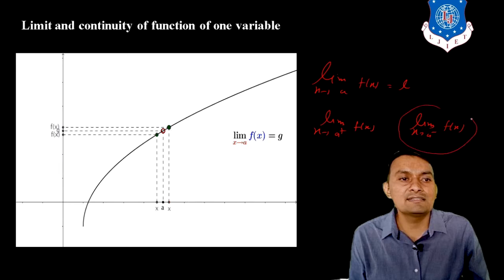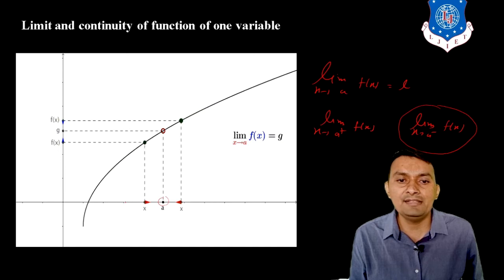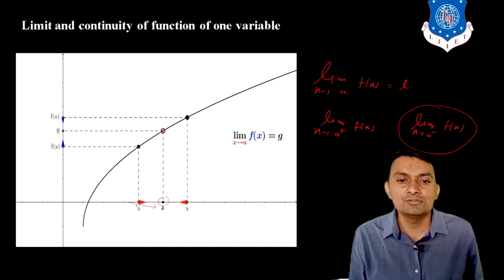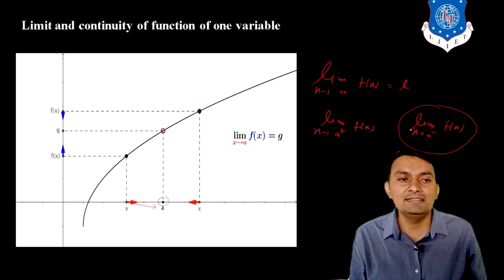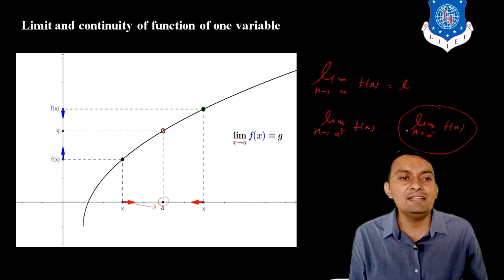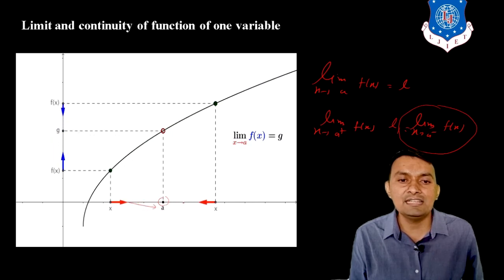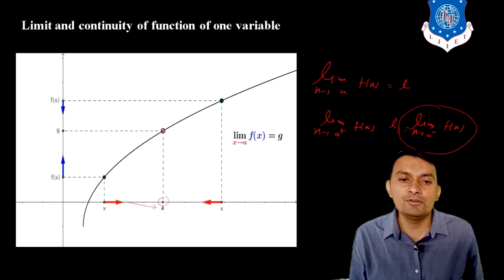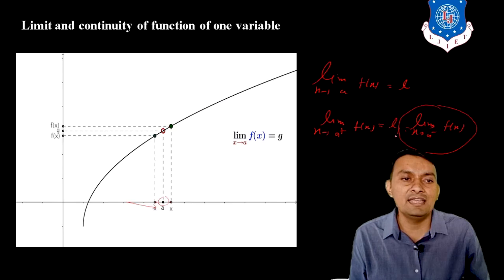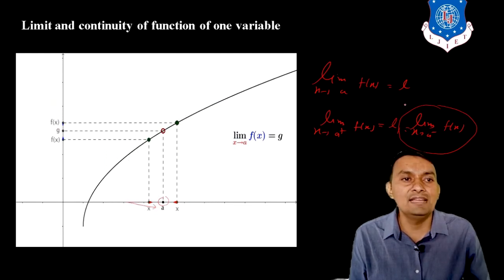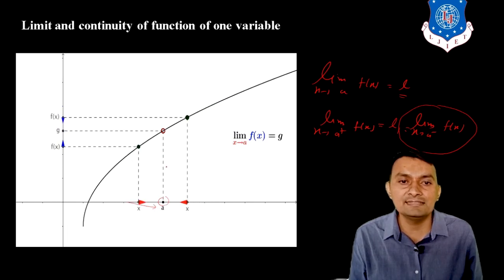If x approaches a from the left hand side, that is known as the left hand limit, and suppose we get the answer L1. And if I approach the point a from the right side, that will be the right hand limit. If I get the answer L1 again, we can say that the limit exists, and therefore its value will be L. The same concept you can understand from this graphical representation.